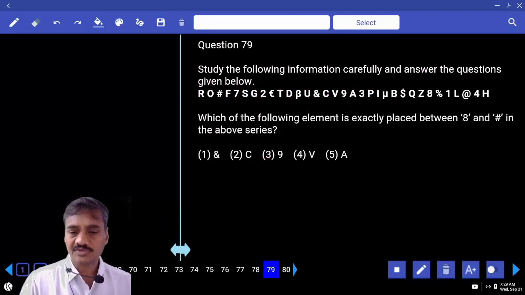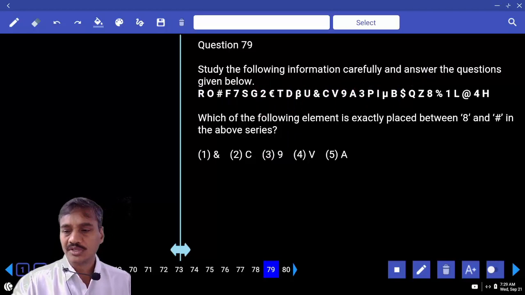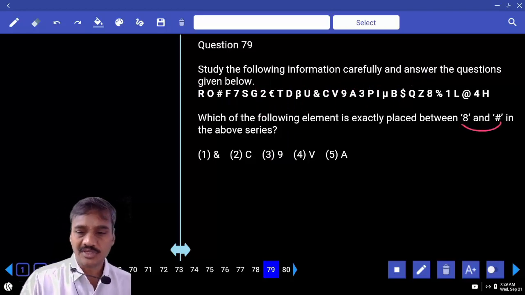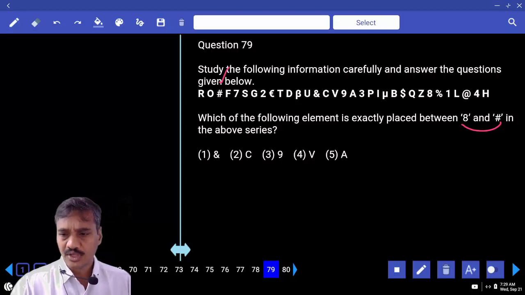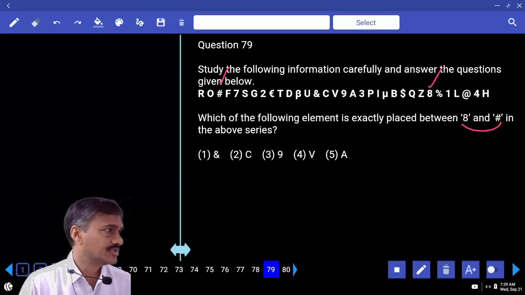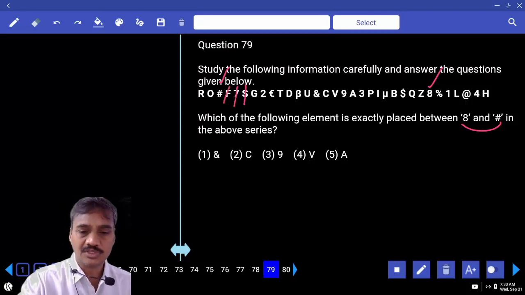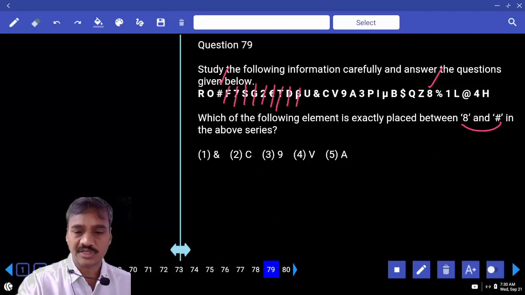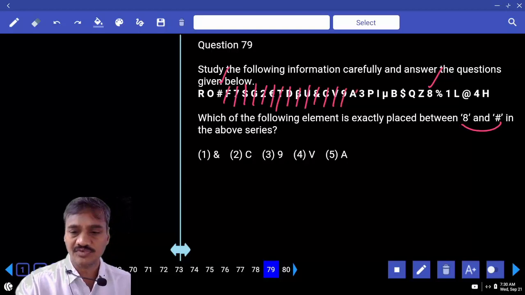And 79, which of the following element is exactly between 8 and hash? Now between 8 and hash is here, and where is 8? And 8 is here. Now between these two, tell me which element is exactly between. 1, 2, 3, 4, 5, 6, 7, 8, 9, 10, 11, 12, 13, 14, 15, 16, 17, 18, 19, 20,